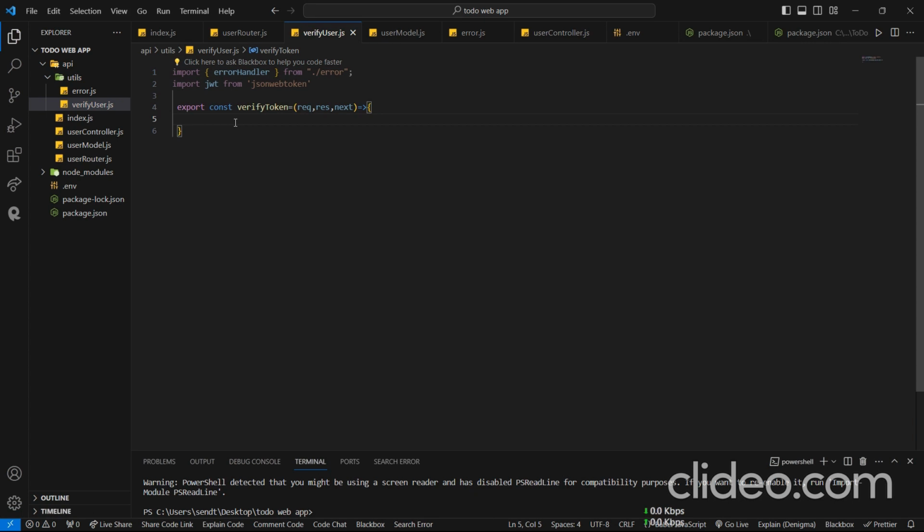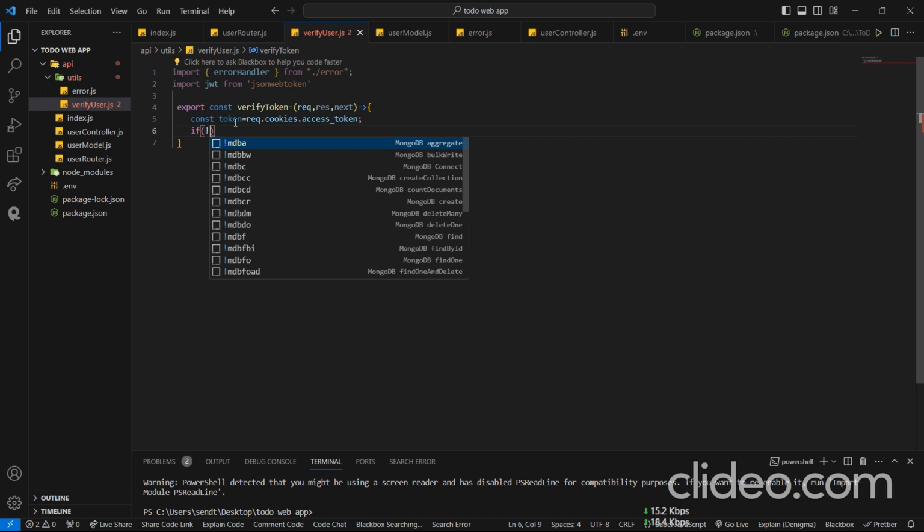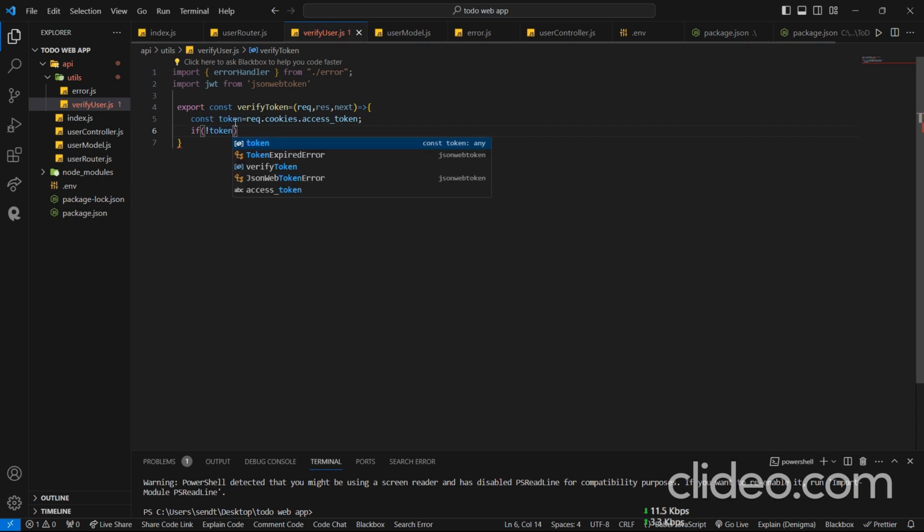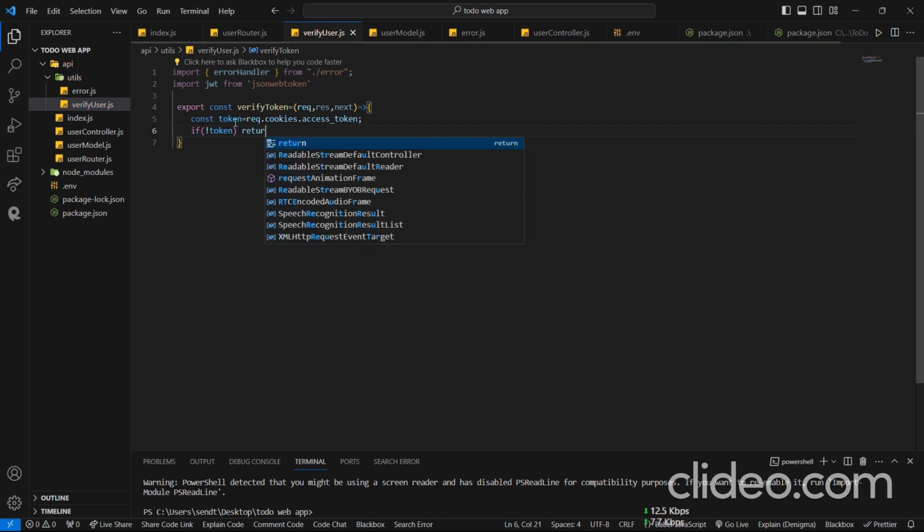Now we'll fetch our token from the front end. If token is not present, then we will return an error